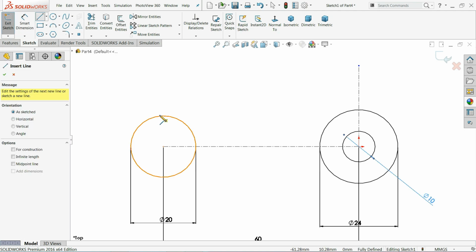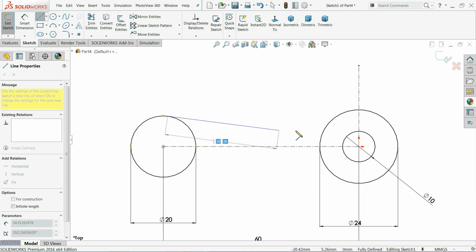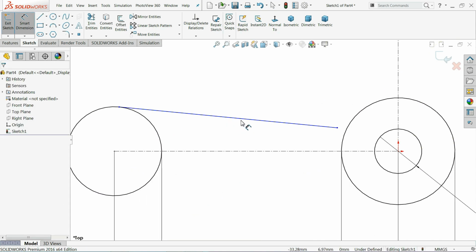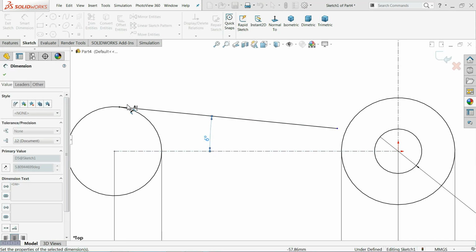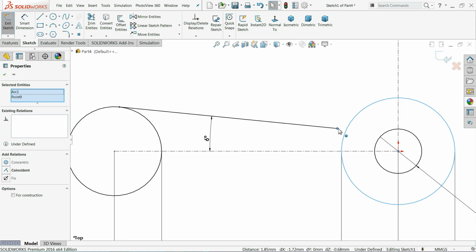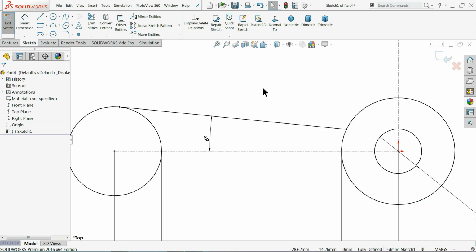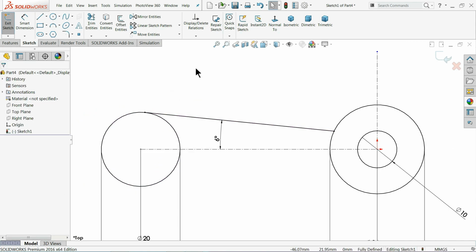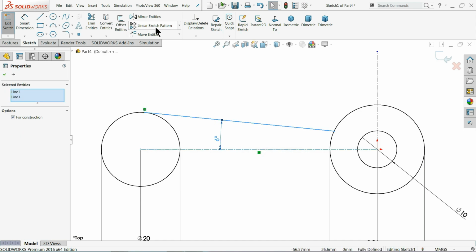Now it's time to create a line. So what we will do, select the line and select somewhere here, and don't connect here, otherwise it will take you upside. So simply select near to this. Dimension 6, choose angle. Oh, that's fine. Now select this circle, hold shift key and this point, go inside. Now this is fully defined. If you select this one, you will find a tangent relation. Now simply select both the lines.